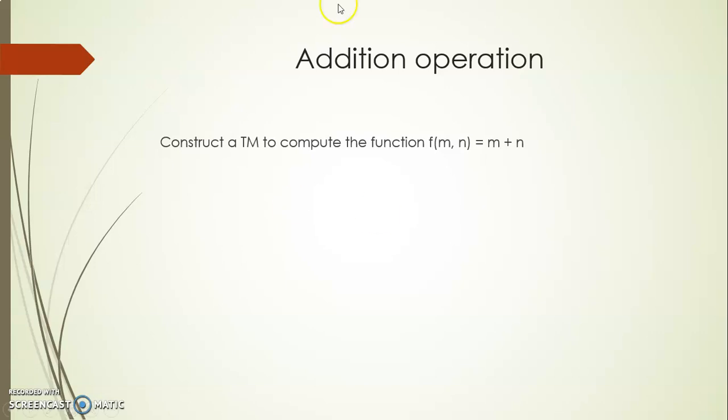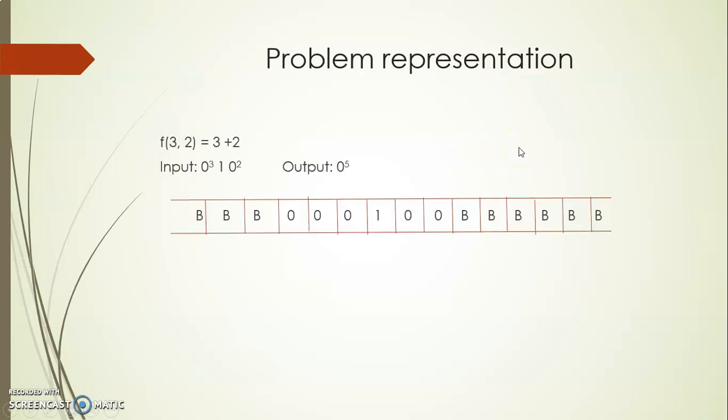So this is the function. The function takes two arguments, say m and n, and the output is nothing but the sum of these two numbers. Say for example, let the two arguments for the addition function be 3 comma 2. The output should be 3 plus 2. When we want to perform this operation using a computer, we have an operator, say plus, and we make use of it, and 3 and 2 will be passed as arguments, or we'll obtain the value from the user and it will be sent and the operator will be applied, which gives us the result.